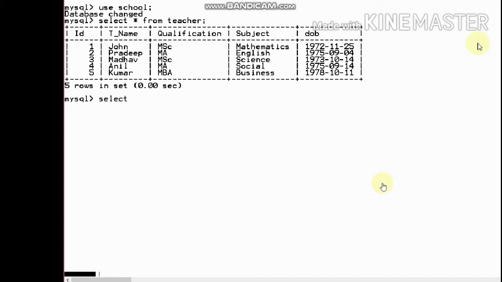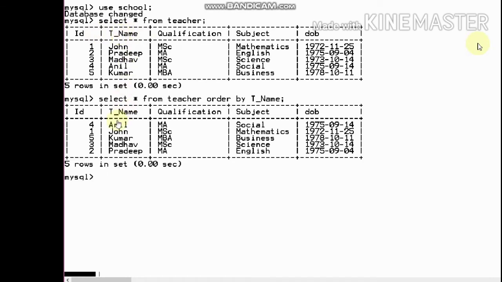Now select asterisk from teacher, order by T name, that is the second field name. Then it displays all the data in ascending order.